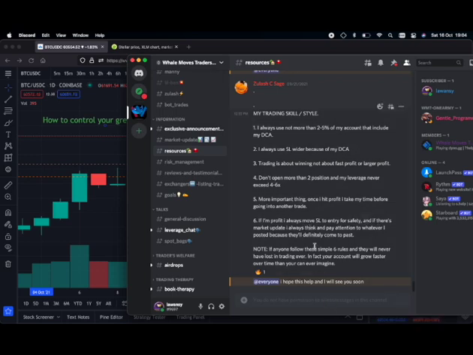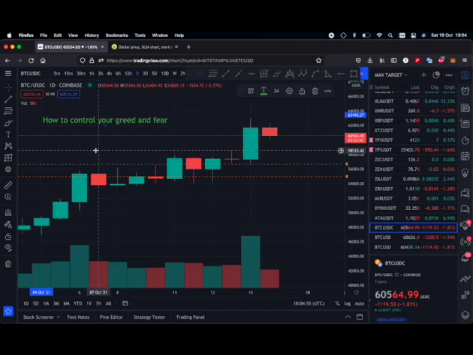So if you are already in profit and you don't want to use the first take profit, maybe you want to use the second take profit, like a lot of people do, then you have to move your stop loss to your entry or maybe a slight profit, so that whatever is going to happen, it's not going to really affect your money. It's just going to kick you out of the market with a little profit or with no profit, but at least you never lose. So that's just how to control your greed and fear.